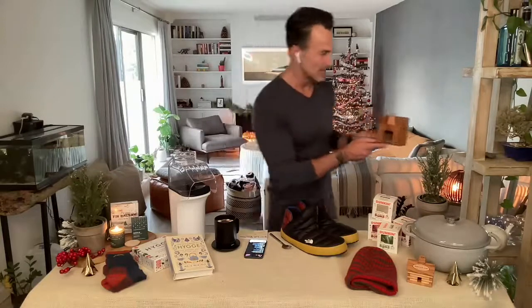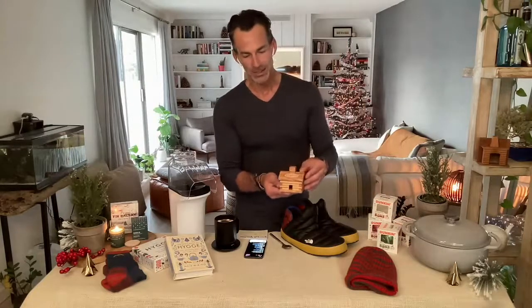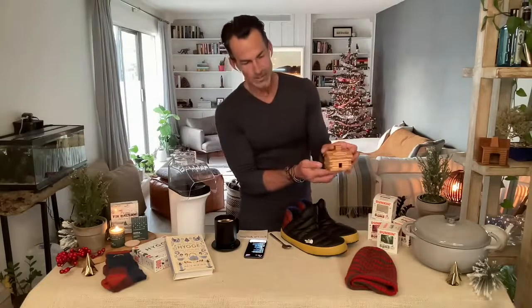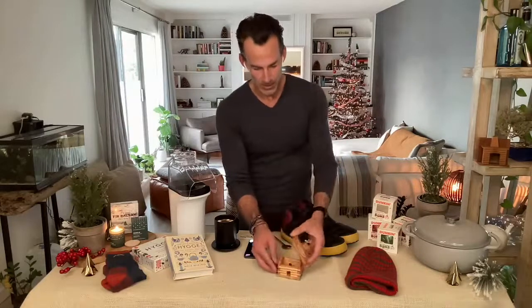So this was made by a company based out of Maine, in operation since 1931, called Payne's. And this is the updated version. This is the small version. It comes in a couple of different sizes. It's hard to see, but this is 2.5 inches by 3.5 inches wide. And it's an incense burner. It's a little log cabin, and this incense burning cabin comes with 10 balsam fir logs. And the way in which they produce the logs, I think it's super